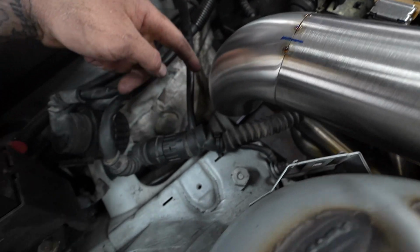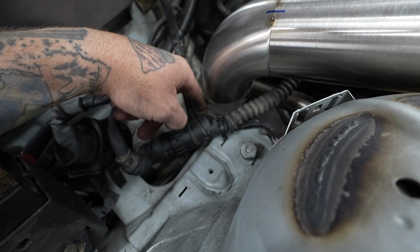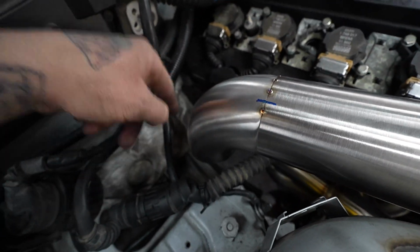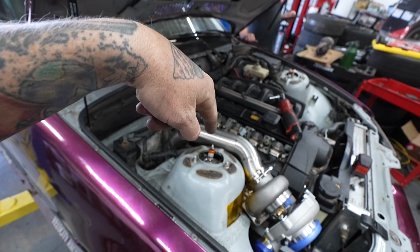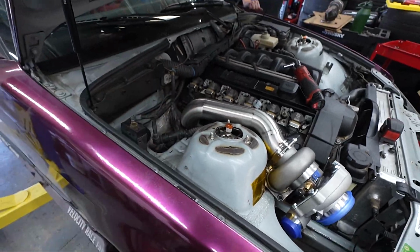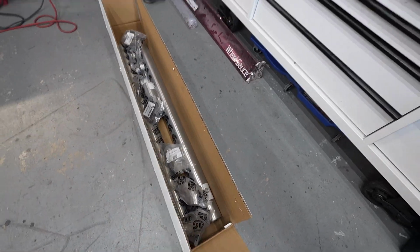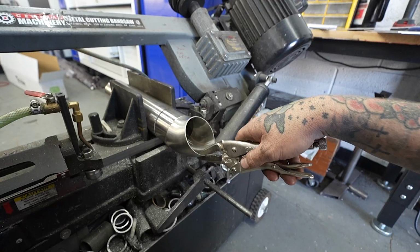But now we're at the hard part where I got to go down a little bit and then try and kick it over and under the header and then back down, and it's got to go down that way and then that way. So a little on the funky side. I got plenty of elbows to do for the downpipe. I just don't think I have enough to build the exhaust. So unfortunately, definitely not doing the exhaust in this video, as I'll probably have to order some more material. But